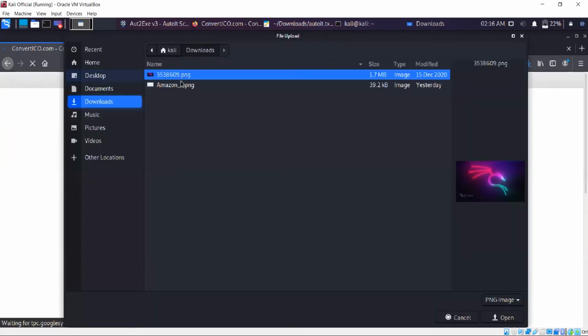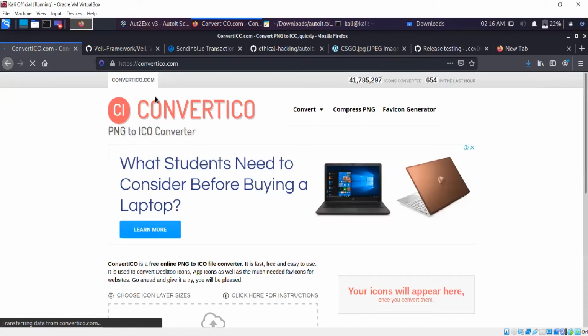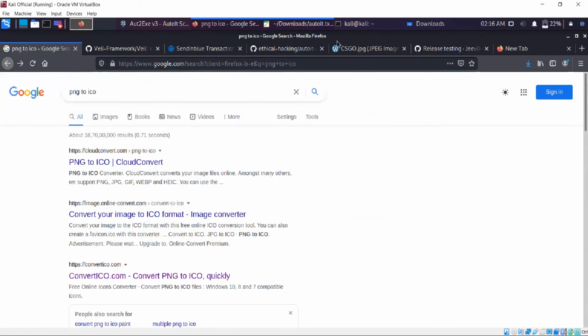I'll go to my downloads. The .jpg file. It is a .jpg file.